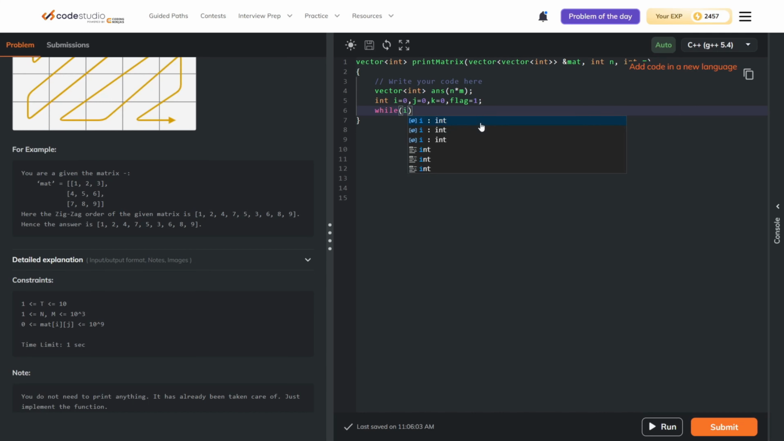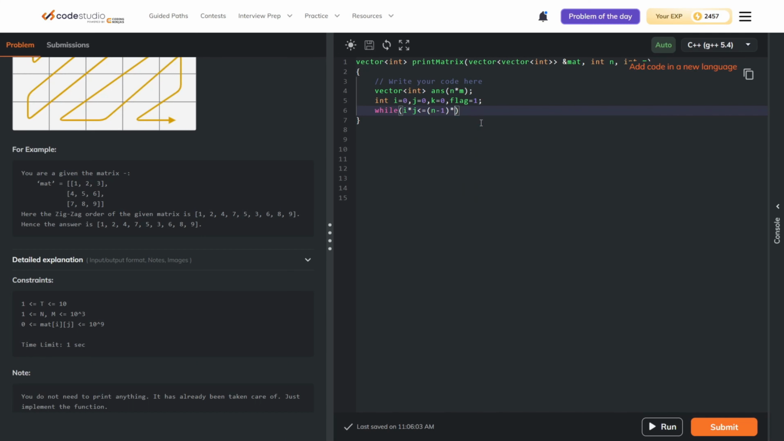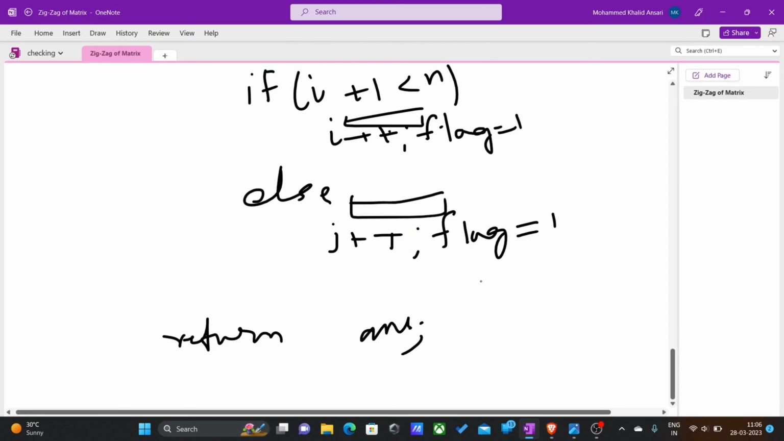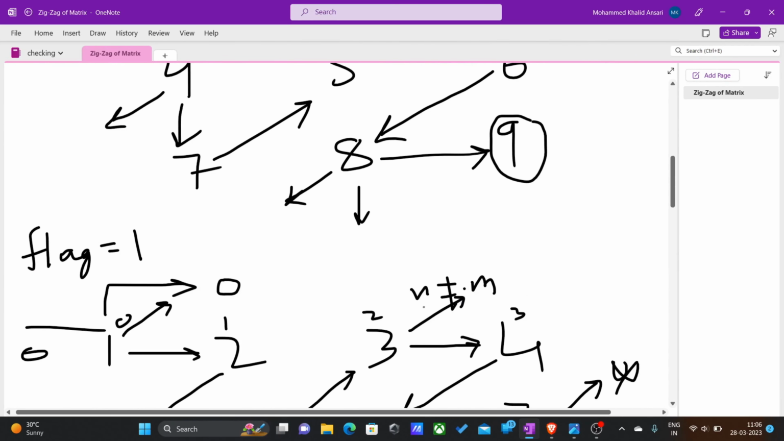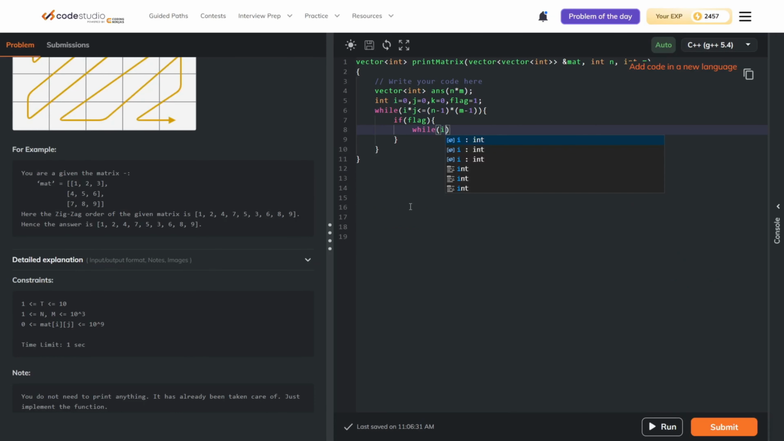and now we have to check I star j less than or equal to n minus 1 star m minus 1, and we'll check whether we have to move right top or left bottom. So if flag, and we have to check here, since we'll be moving to right top now, this is the case here. Since we'll be moving right top, we check I minus 1 and j plus 1. We check I minus 1 is greater than or equal to 0, and j plus 1 is less than m. If this is the case,